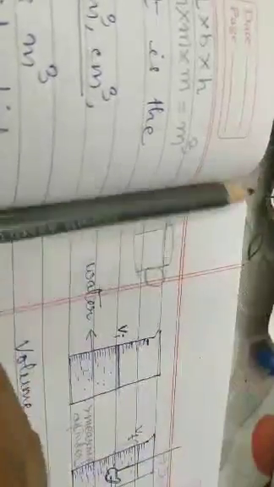Now we are talking about the containers which have graduations on them. So this is a measuring cylinder. This is a cylindrical structure made up of plastic, or it can be of glass also. It has some graduations marked over it. These kinds of containers you'll find in chemistry labs or sometimes in physics labs also.